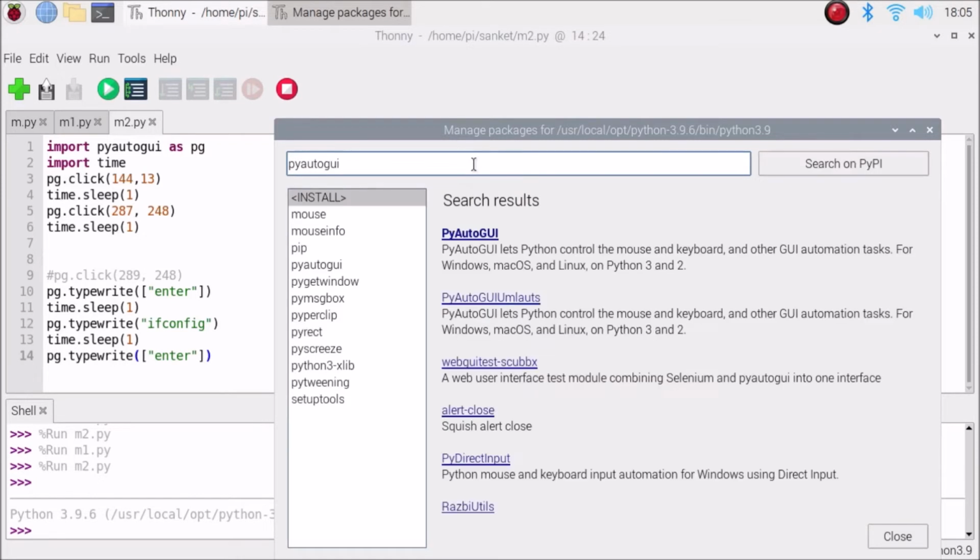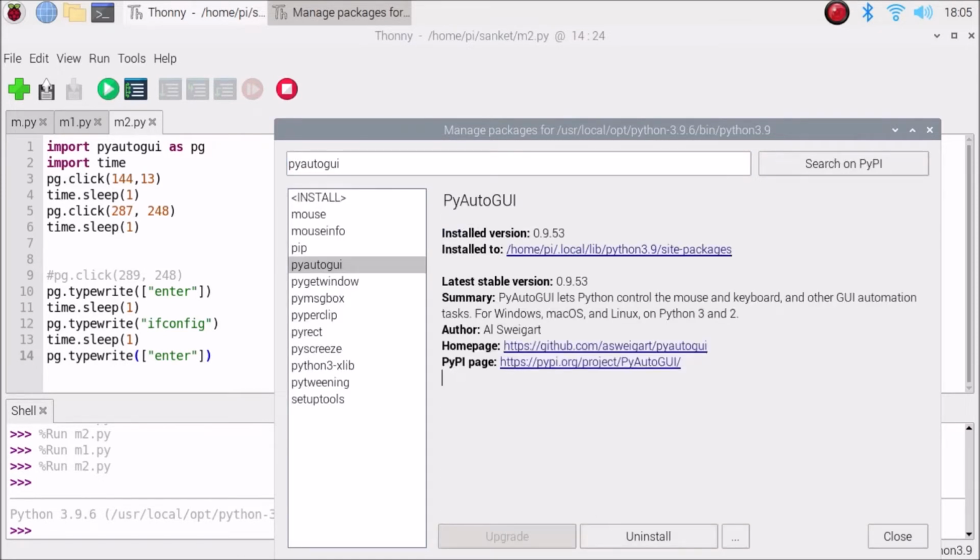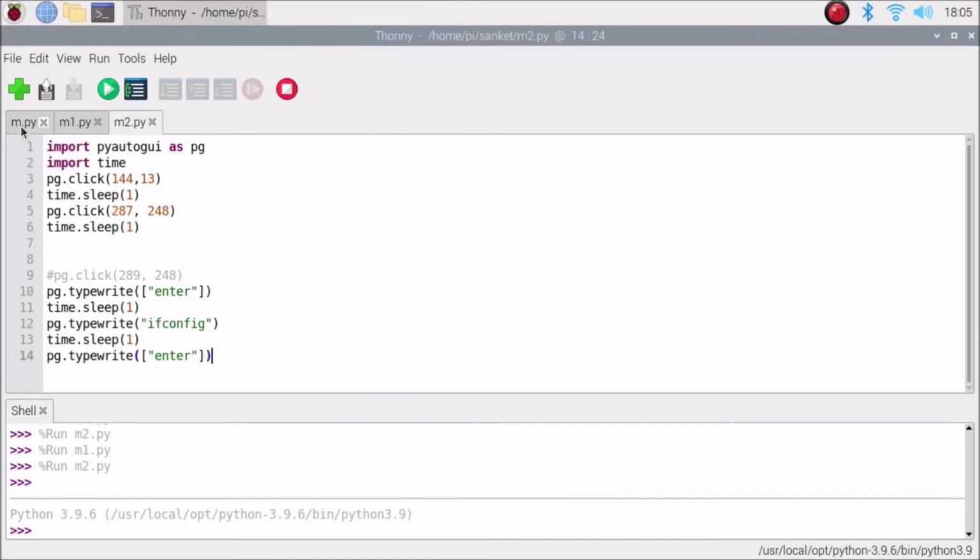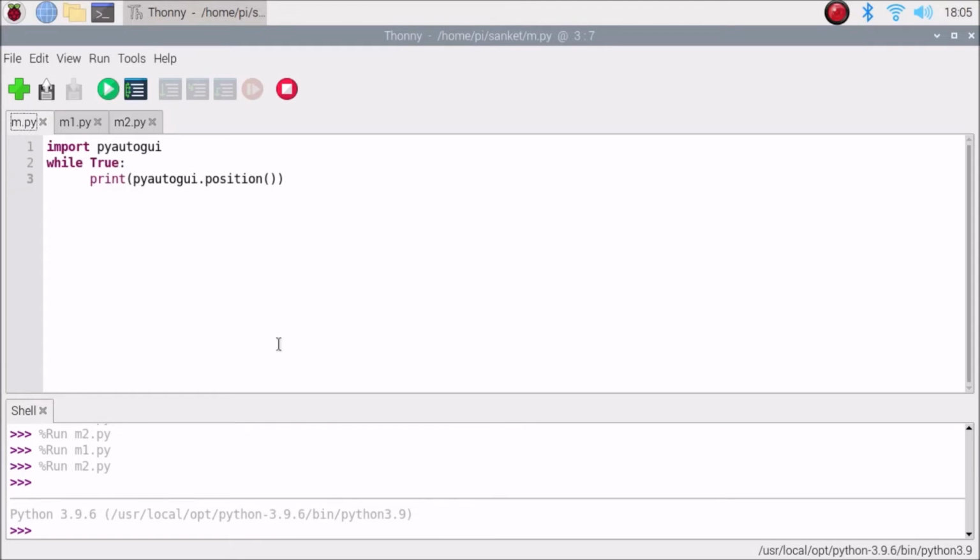It will search for the package. As you can see, this is PyAutoGUI. Simply click on here, and I have already installed it, that's why it says uninstall. So simply click on install, and it will install PyAutoGUI on Thonny editor. That's it. So close.